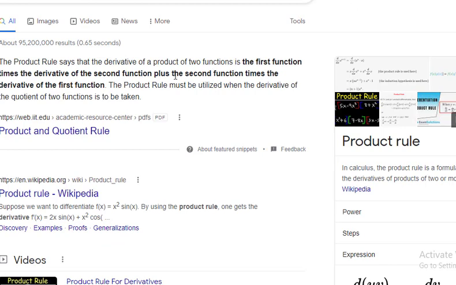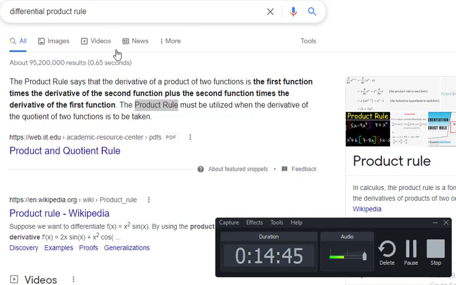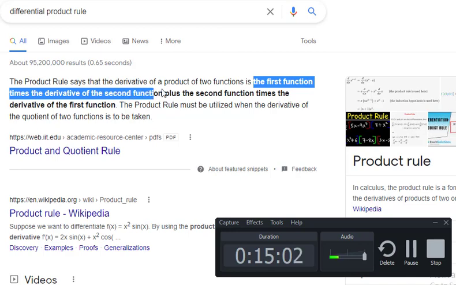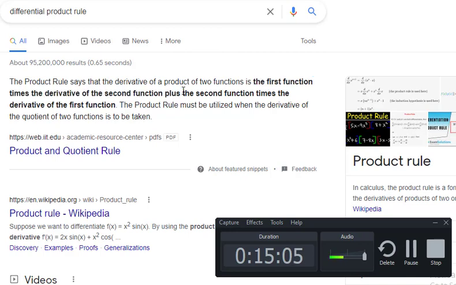Now let's discuss the confusion regarding the expression d over dx of xy, the product rule that was given. This is a general rule, as you can see from this screen, the differential product rule. The product rule says that the derivative of two functions x and y is the first expression times the derivative of the second expression plus the second times the derivative of the first. The rule was given in the problem, but we were actually trying to solve for u and u theta.